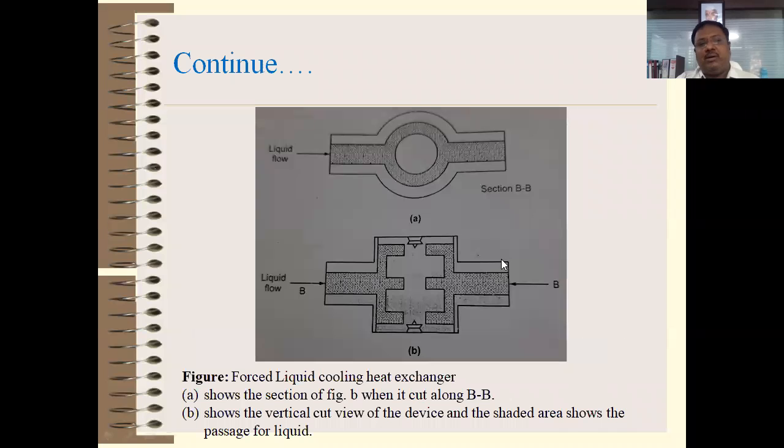This is the mechanism that is used in force liquid cooling, right? The liquid flows from one end, passes through the heat sink fins, and then goes out from the other end. Then this liquid is open to air, cools down in the air, and comes back again to this particular